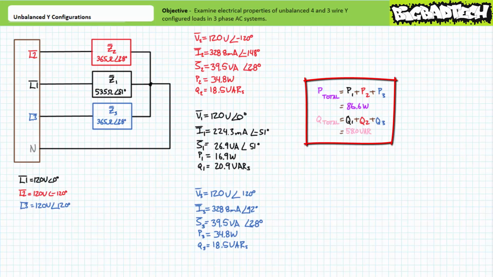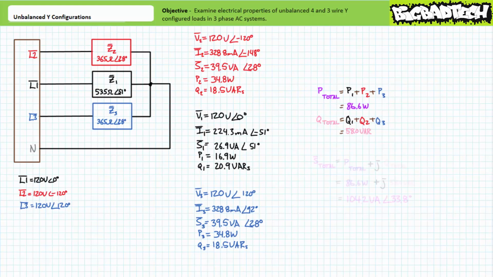Again, note, for unbalanced conditions, one cannot simply multiply an individual branch real power figure by 3 because they're no longer identical. Similarly, total reactive power for this system equals the summation of individual reactive powers. Substituting our given values yields a total reactive power figure of 58 VARs. Again, note, for unbalanced conditions, one cannot simply multiply an individual branch reactive power figure by 3 because they're no